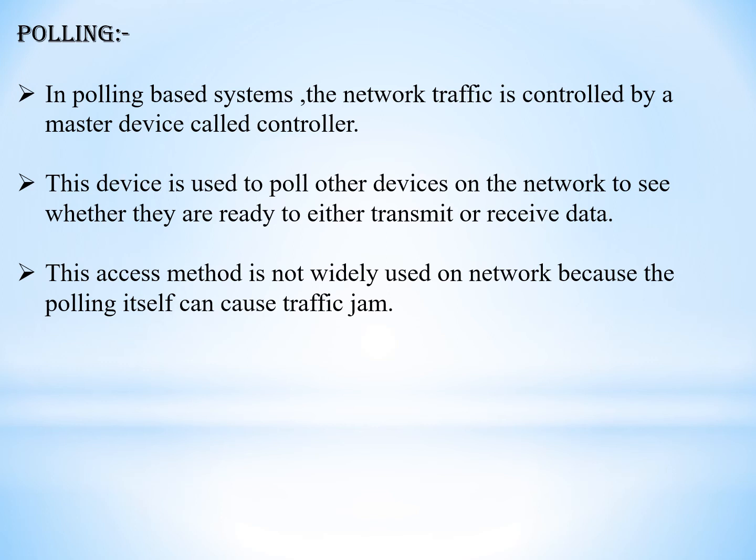But in case when it is servicing B, if computers C, D and E ask for service at the same time, then there will be a lot of confusion. So the controller will be confused about whom to serve first. This case is called the traffic jam. When too many nodes come together, what will happen? There will be a lot of problems due to which the master controller will go into a confusion state and will not understand whom to give service first. That is the reason we are not implementing the polling method much in our networking technology.